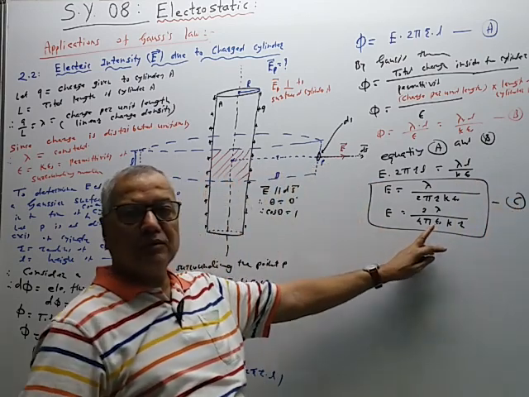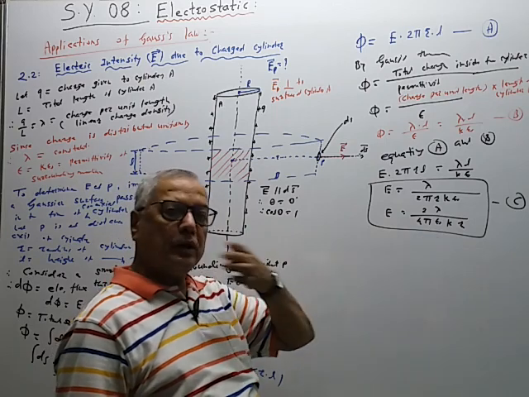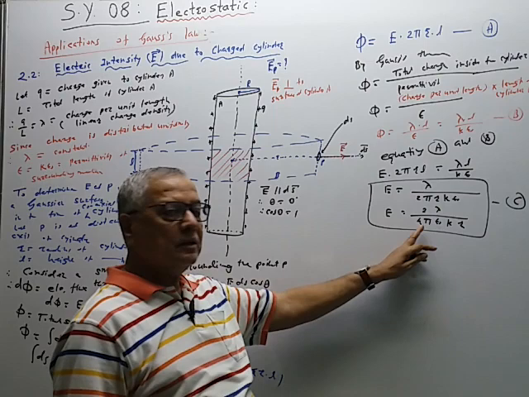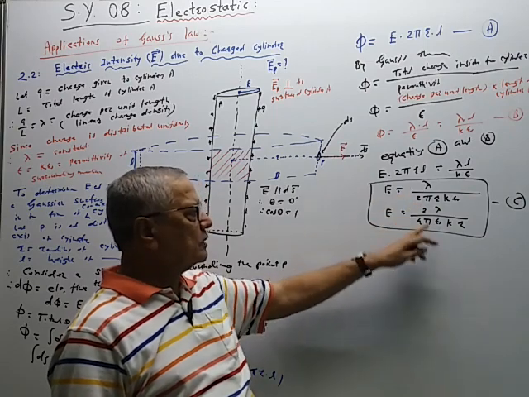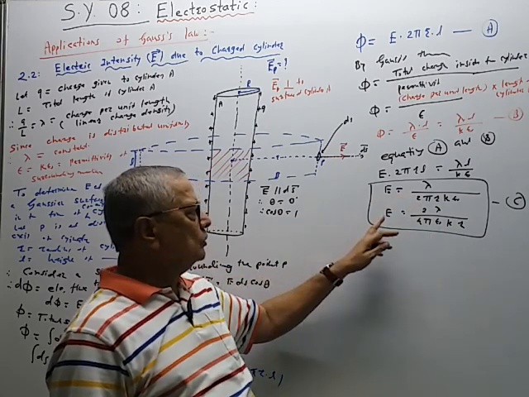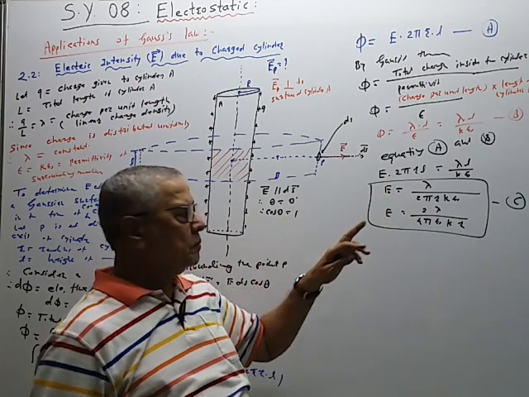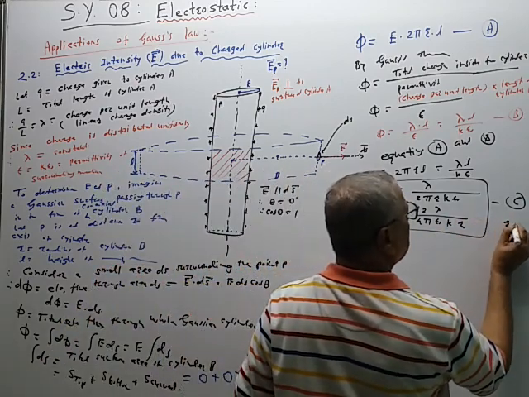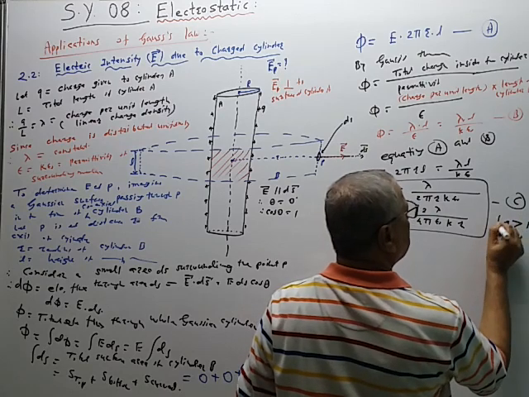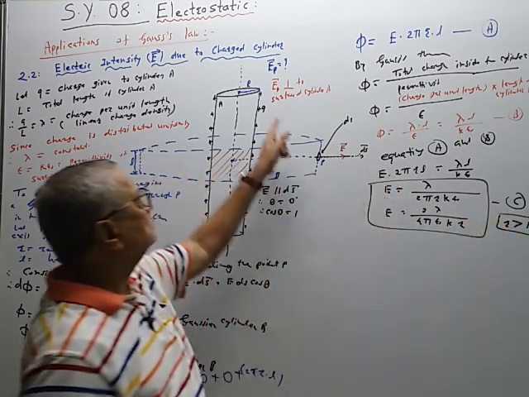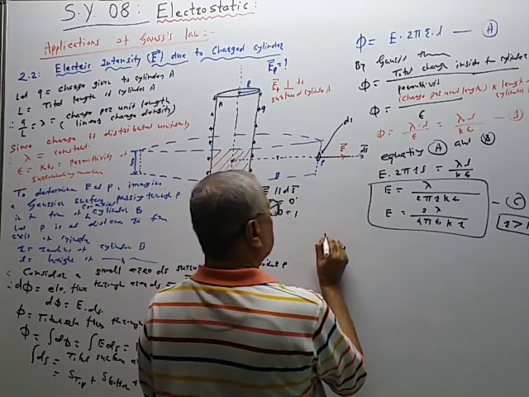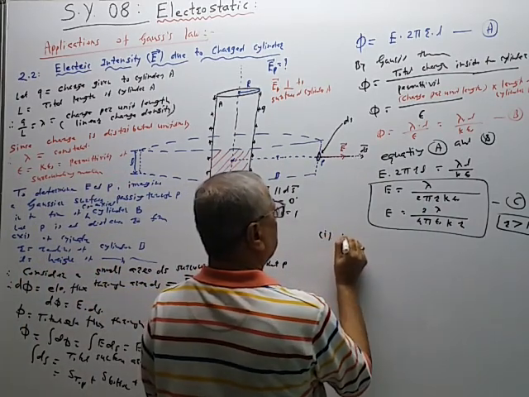आपल्याला 1 upon 4 pi epsilon की वैल्यू 9 into 10 to 9 डायरेक्ट सब्स्टिट्यूट करता है. तो हे इक्वेशन आता अरेंज करून घ्या. So this is the value of the electric intensity at a point where r is greater than capital R. R पे क्या होता है? P point is outside.